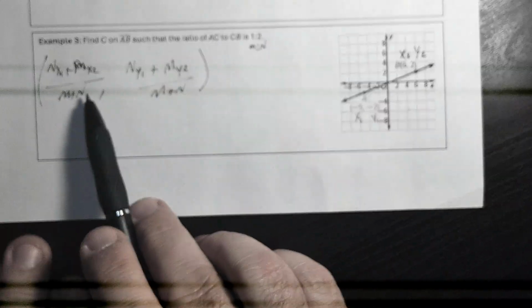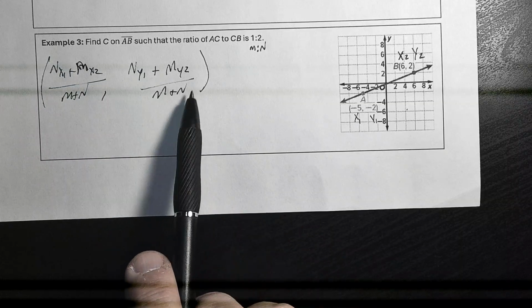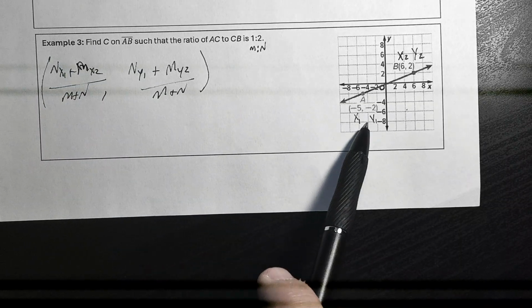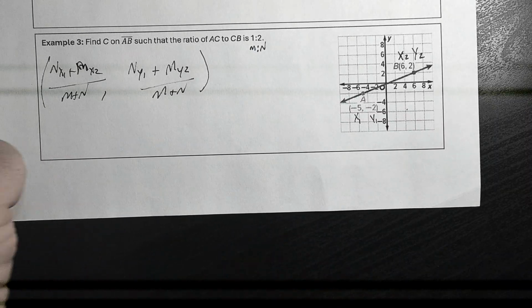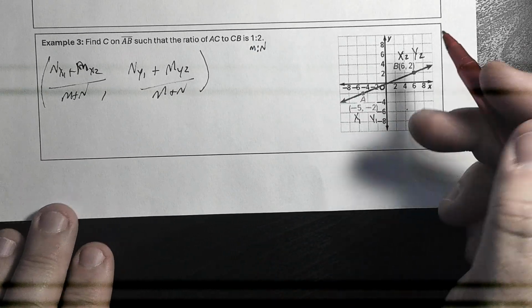All right, so the formula looks similar to up there. We just have the Y's over here. So we have our X1, Y1, X2, Y2, M and N. So let's plug these in. I'm gonna use the red pen. All right, so N,